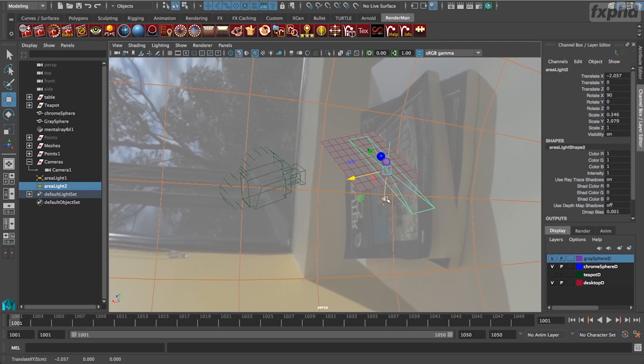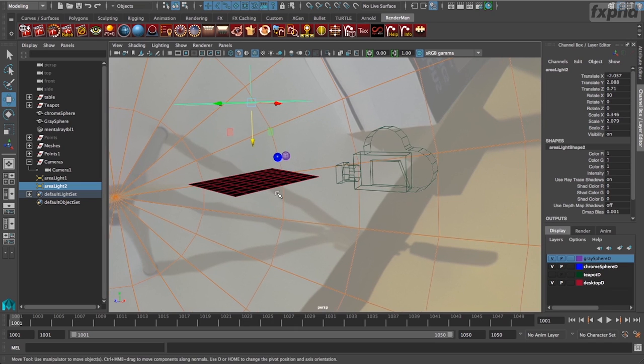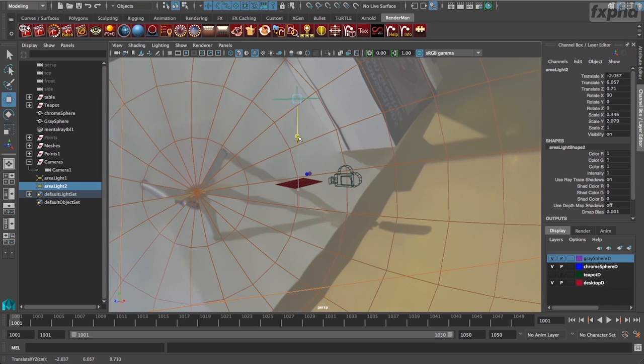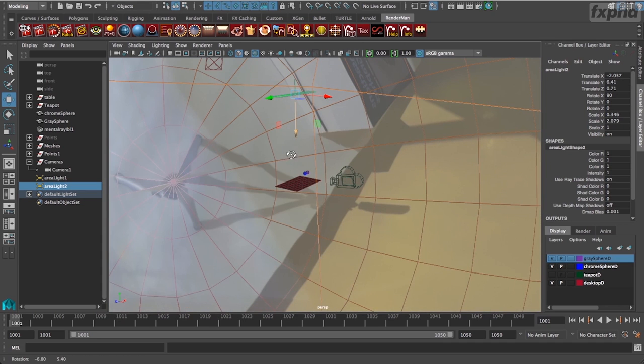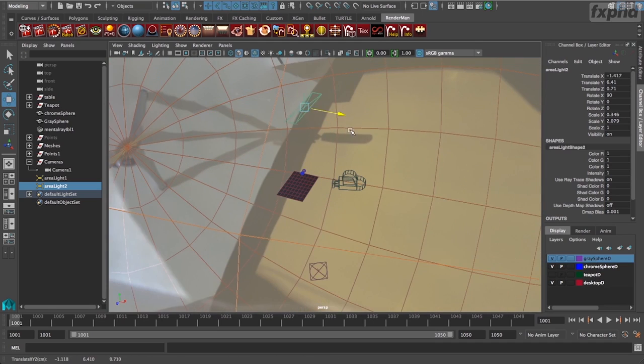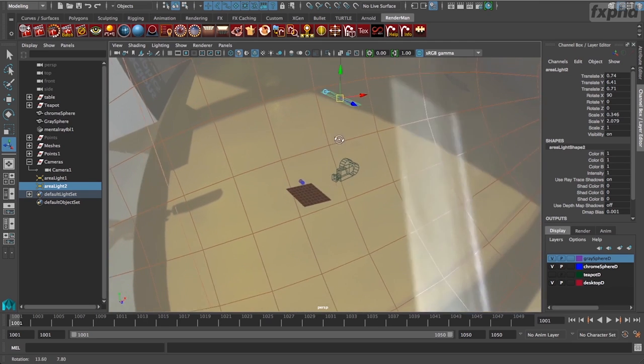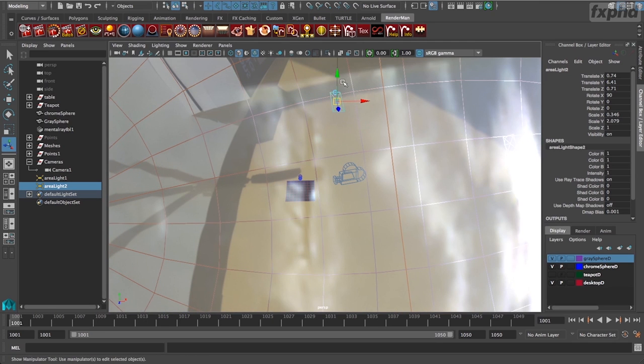The other thing that would be really useful would be to know how high this is off the surface, and we don't know that information, so I'm going to guess somewhere around there. Now, we don't really know where this was in the scene. We've got some idea, and it feels like it may be a little bit forward or back. So I'm going to position it here for the time being, just in front, and we want to make sure that it's facing our teapot, so we can hit W,